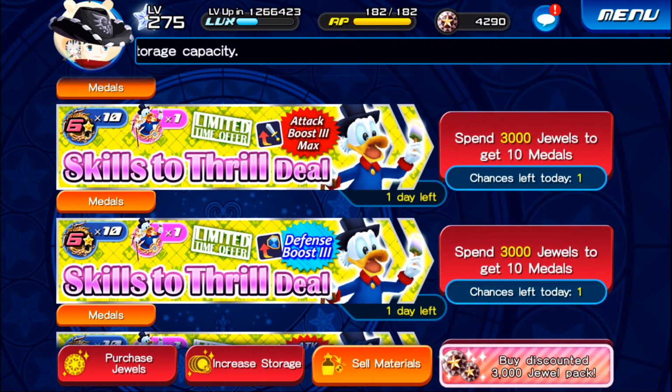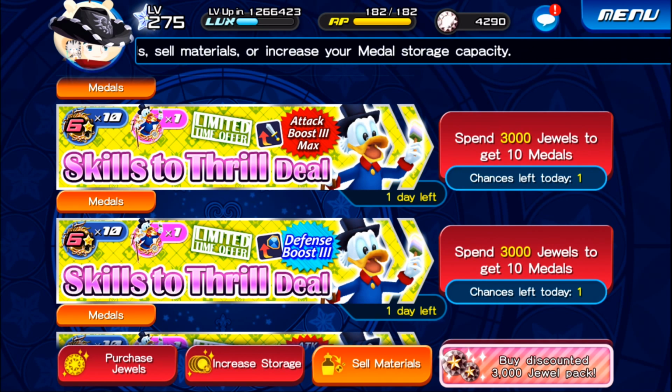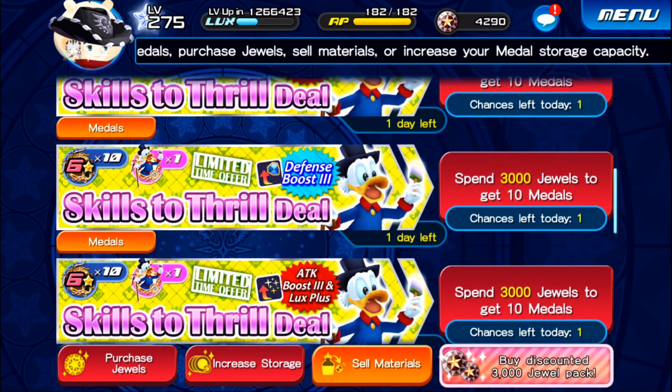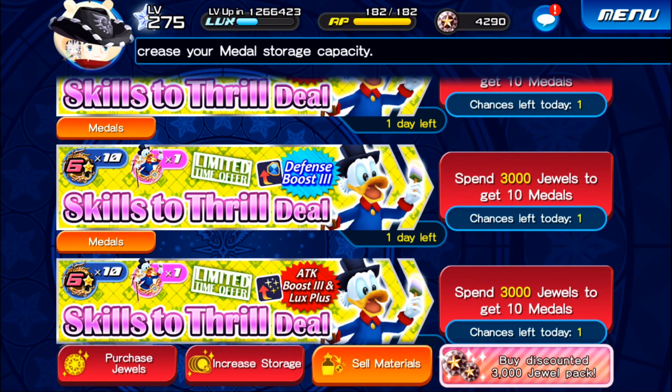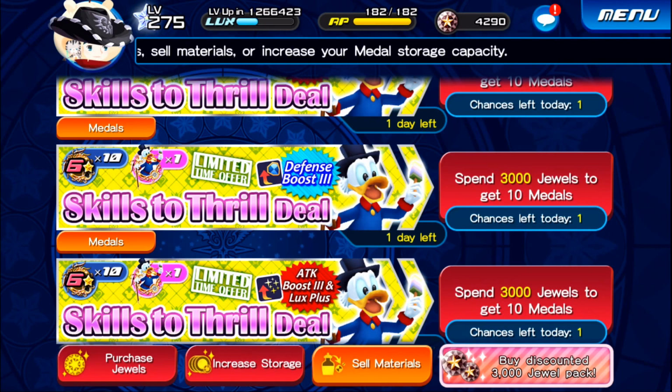So finally, to conclude all of this, the prioritized medal I would recommend for free-to-play players like myself, and anyone who's watching this as a free-to-play player, is the defense boost 3. Defense boost 3 is the one you should be prioritizing. Now, who should you put this defense boost 3 on? Well, I say right now, illustrated carry, because she's very